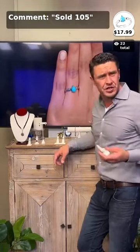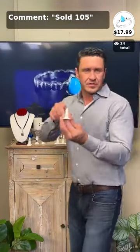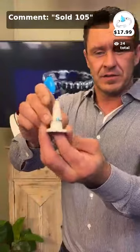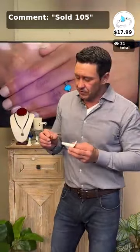You got a nice pear shape too. So that's going to give you a little bit of versatility in terms of how you can wear it, which is one of the reasons why I love the pear shape, and because it's just a really beautiful feminine vibe, and it always looks good on the hand there. So $17.99. I don't know of anybody that can do this deal except for us for a brand new piece of